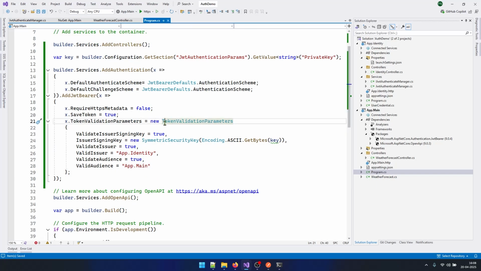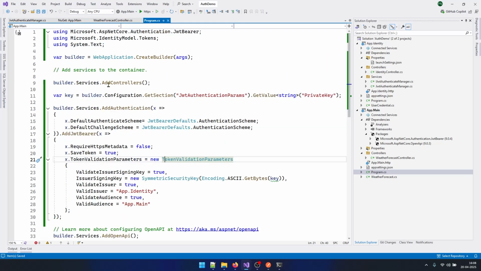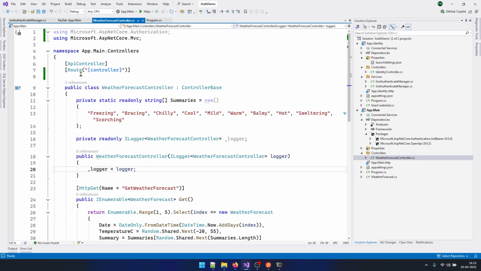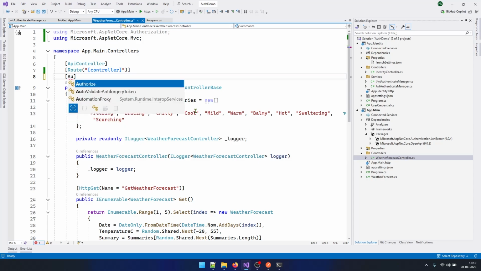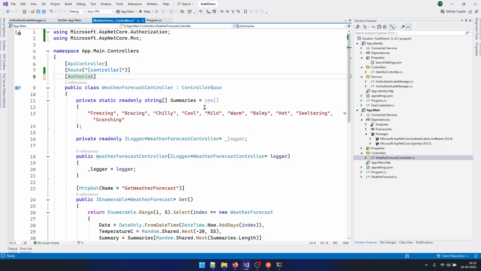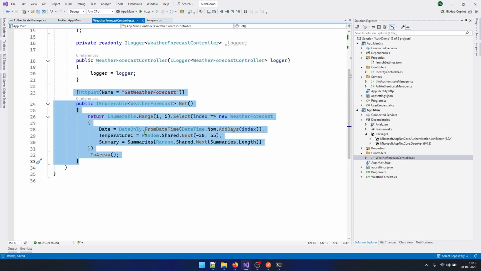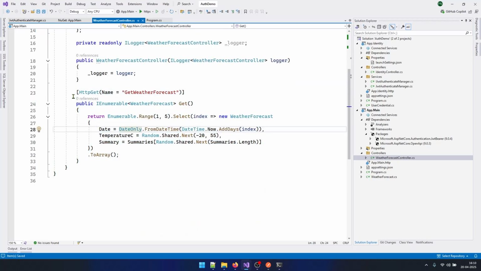Once that is done, it means our authentication is added to our application, but we are not using this authentication in our controller. So let's go to our controller class, that is the weather forecast controller, and here decorate this class with the Authorize attribute. Now any method that is available in this particular class will require a valid token, then only we can access that endpoint. Now if I again run my application,